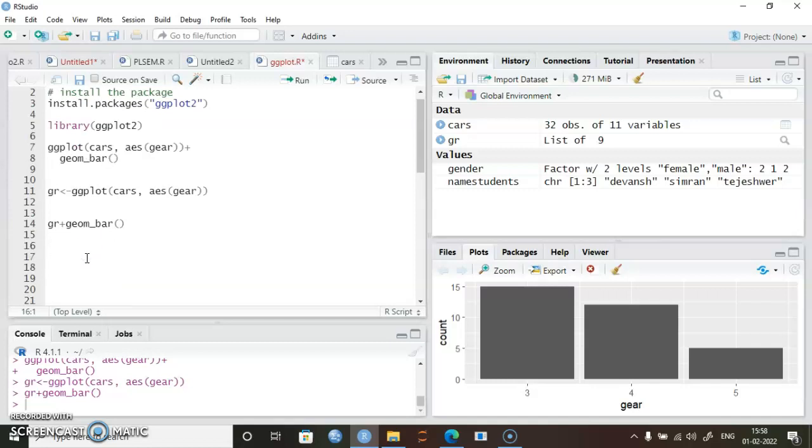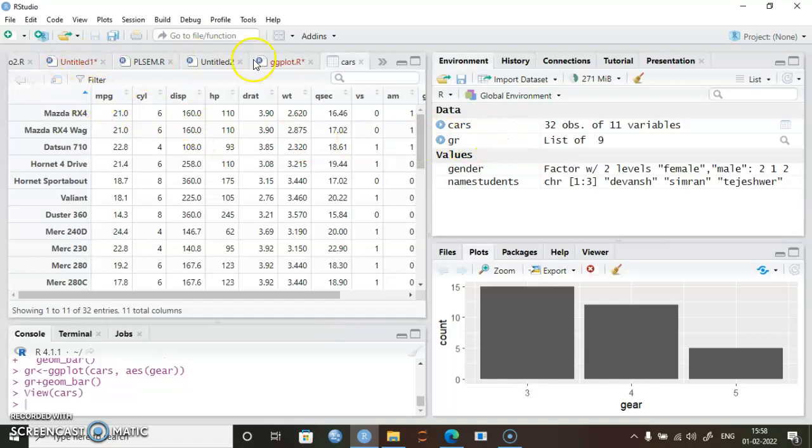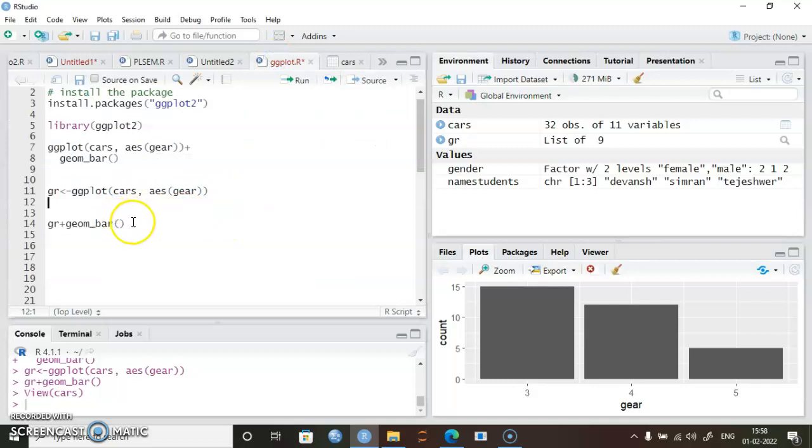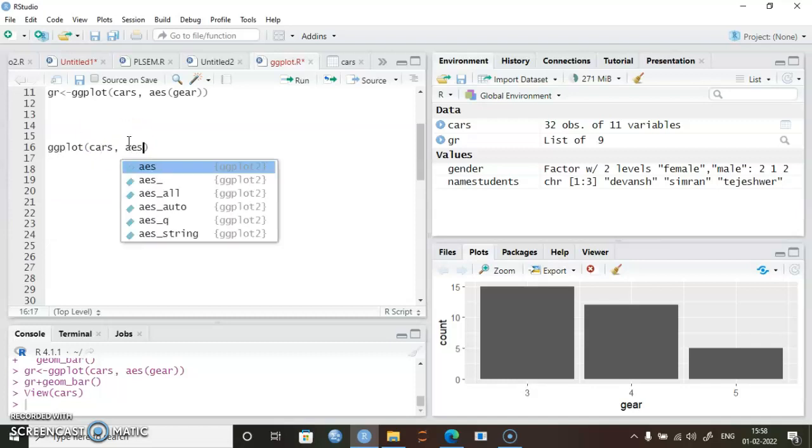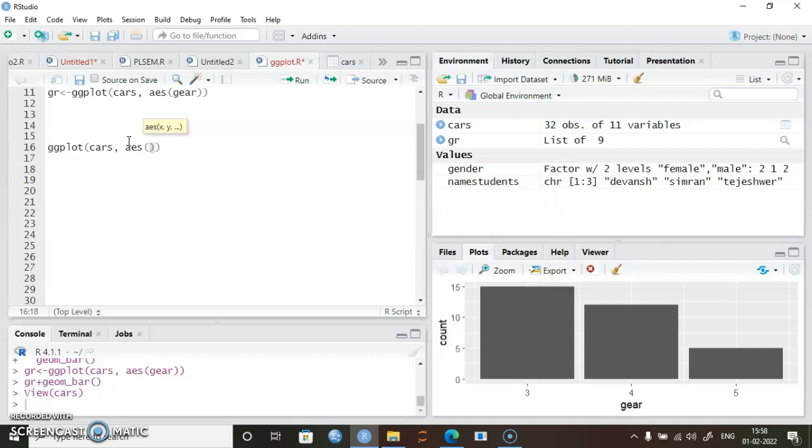Next thing I'll do here is creating a histogram. For that you should use the geom_histogram function, and you should use data which is measured on a continuous scale. As we have seen in our data set, one of the variables is continuous. So let me quickly have a look at mpg. Okay, so now we use the mpg data for creating the histogram. For that, let me write the function again. Let me write ggplot. In brackets I'll write the name of the data set, which is cars, comma, aesthetics. In aesthetics I will specify my variable, x and y. By default, the first variable it takes as x, and the second as y. So let me take this as an x variable, which is mpg,